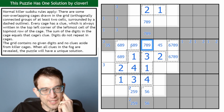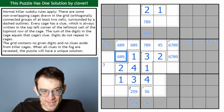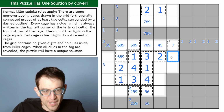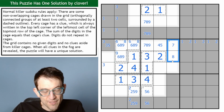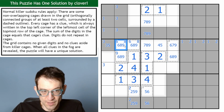Well, actually, hold on, I can do some work figuring out how this would go. So if this is a 7, 8 pair, that's a 9, that's 9 with a 6, 8 pair. So if it's a 7, 8 pair, it is 7 here, 8 here, 9 here. I'm just going to do this in corner marks for a second. It's 6, 8 here. If this is a 6, 9 pair, I don't think I'm going to know which way this goes. That was a 9. But this would be, if this is a 6, 9, the 8 in this is going to have to go here because